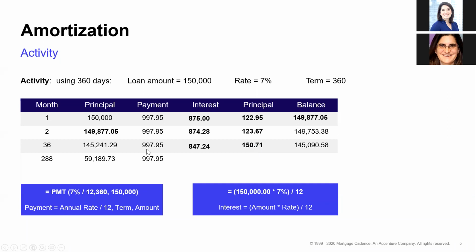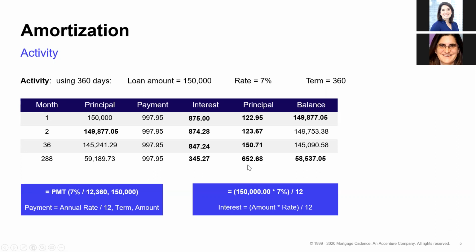The reason I wanted you to come through month 36 and now month 288 is I want you to take a look at how this amortizes, right? Just a teensy bit of my payment in the beginning is going to principal. Even 3 years on, we can see it's still not a significant amount going to principal. Here, month 288, it's a 30-year loan, 360-month loan. We're finally seeing much more of that payment going to principal. Very good. 345.27. Good job, guys.